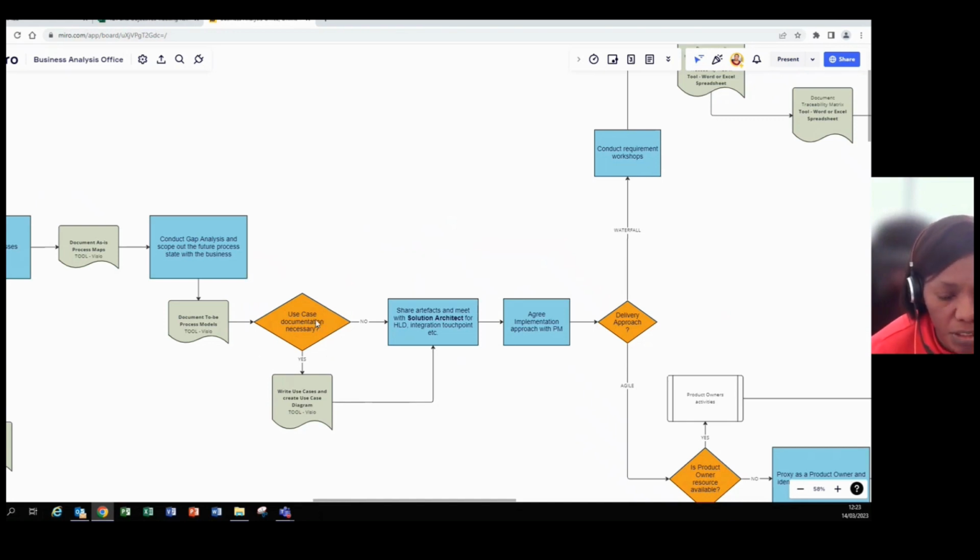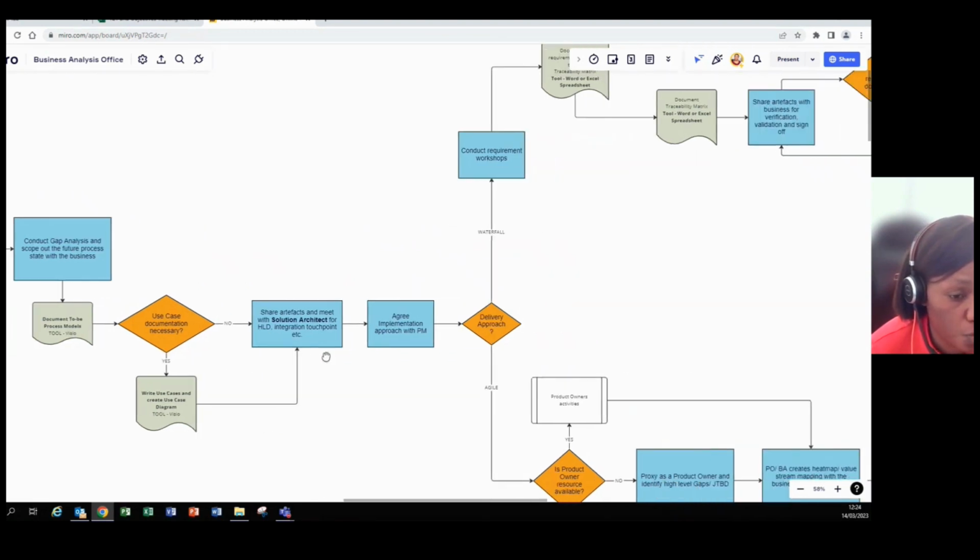So if the use case documentation is necessary, go ahead and write your use cases and create a use case diagram. If it's not, then go ahead and share the artifacts with the solution architect if they have not been part of the to-be process discovery. But if they've been part of it, they already have an idea. And then the solution architect will start looking at the integration touch points, creating their own high-level design and things like that. Okay, so